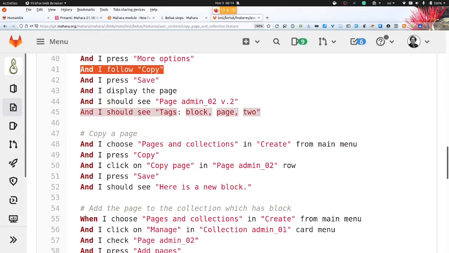Now if you copy a page, it says, and I choose, and I press, and I click, and I press, and I should. So it's kind of readable English, but very formulaic English. And that really helps to automate that testing.